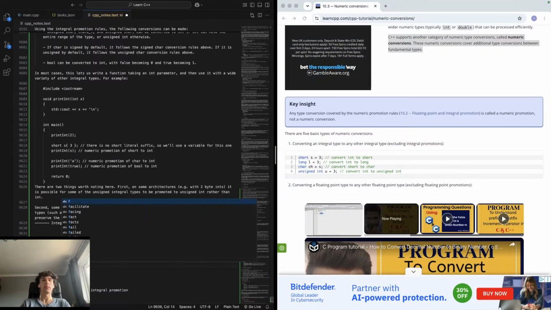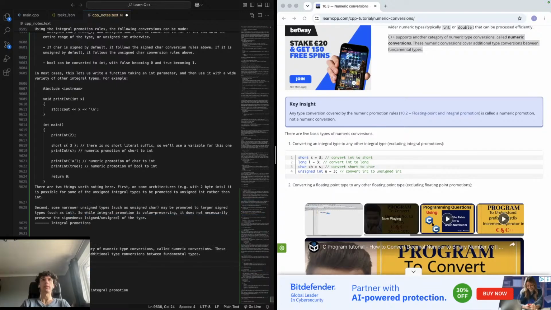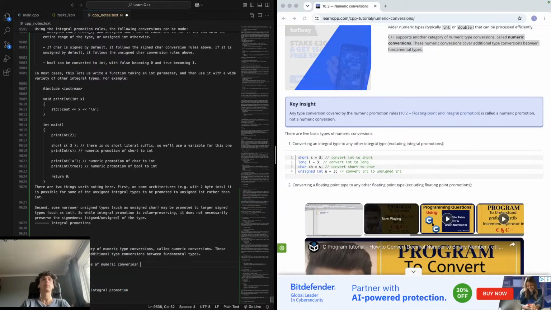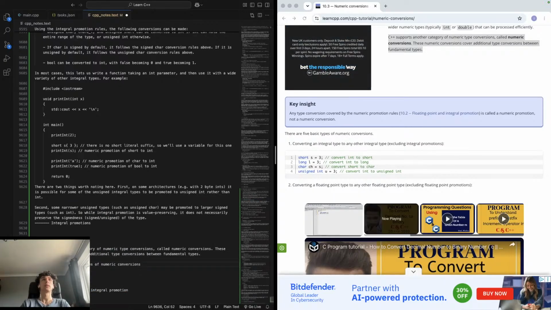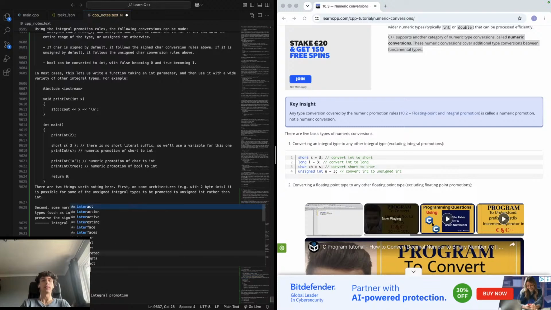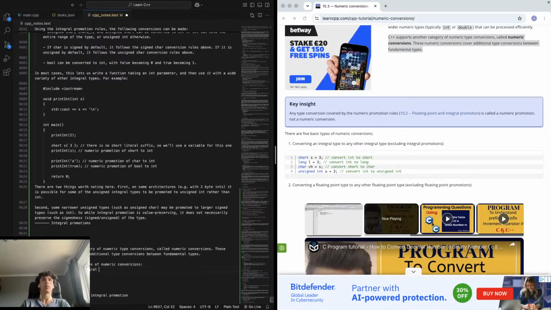There are 5 basic types of numeric conversions. The first is converting an integral type to any other integral type. For example,